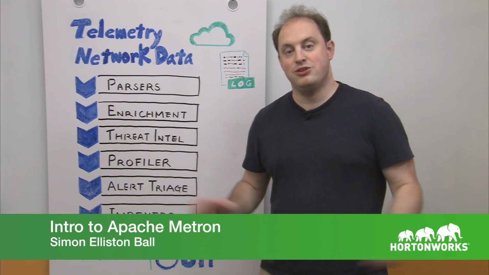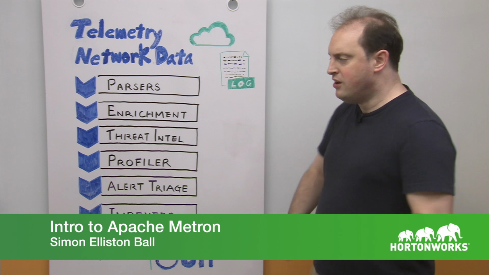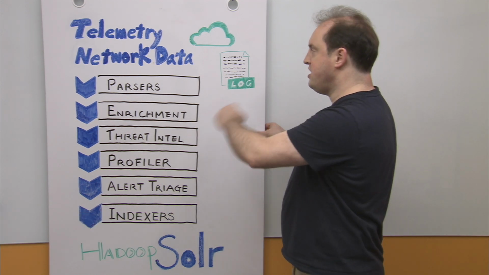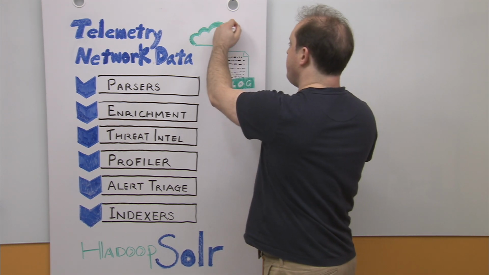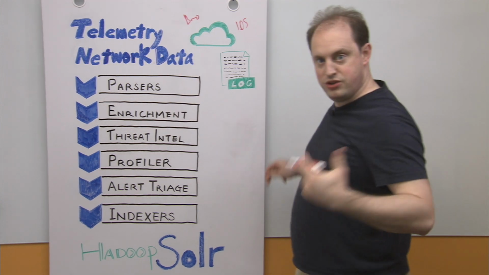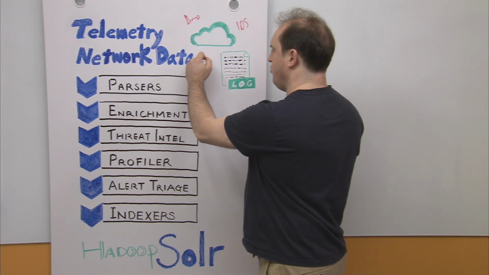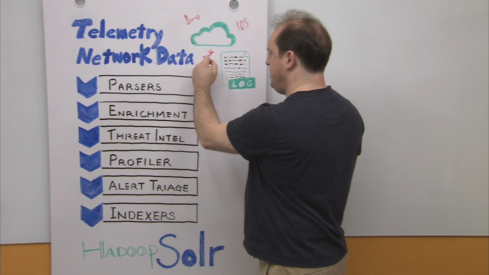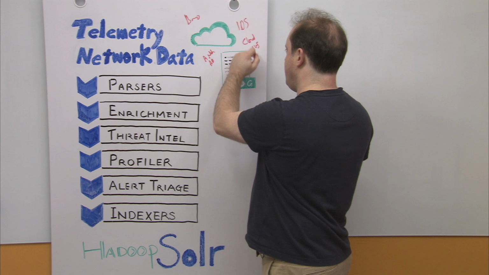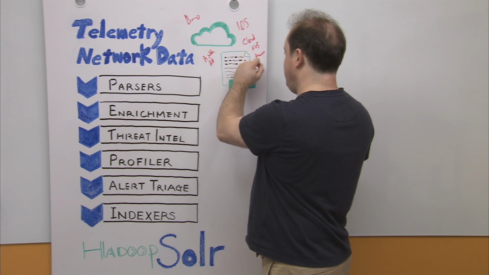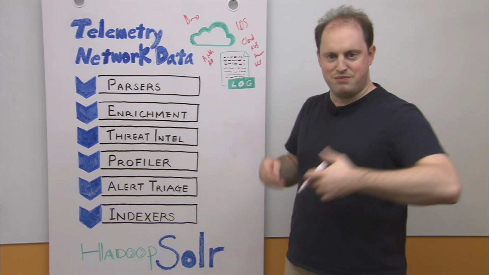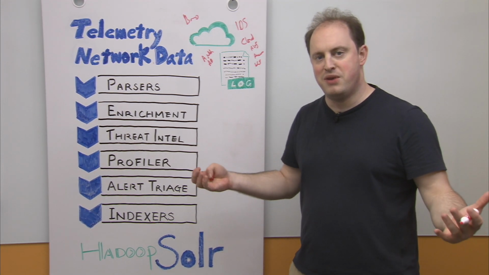So the first thing we have to do is start off with some network telemetry data. We have a variety of different data sources that we work with. We tend to bring in a lot of log data, a lot of cloud type data. We also bring in things like IDS data, Bro data for those who are doing deep packet inspection, things like your auth logs from AD. We have cloud logs from AWS, Azure, GCP, you name it. We can bring in any kind of data that we like. We also bring in things like print server logs, any kind of log that you might find useful from a